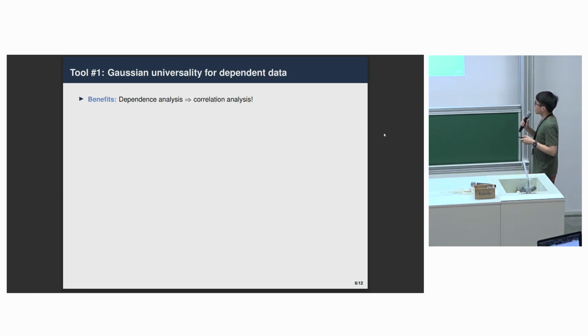The reason why this is useful is that if we are dealing with Gaussian data, as we've seen in some of the talks earlier in this session, then all that matters are the mean and variance of our data, right? In the case of dependent data especially, even if we have very complicated dependence, the minute you're dealing with Gaussians, then everything reduces to a correlation analysis.